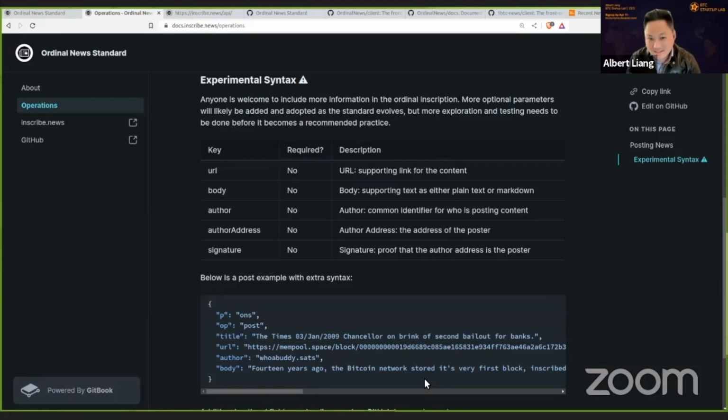It's just disgusting. So no, for sure. I see this as the potential to solve that problem once and for all, finally. So I really encourage anybody listening in on this to inscribe news. And the more data we have, the closer we will get to a decentralized media platform